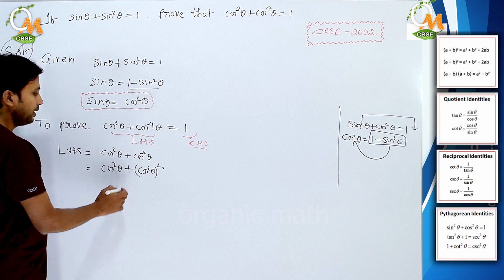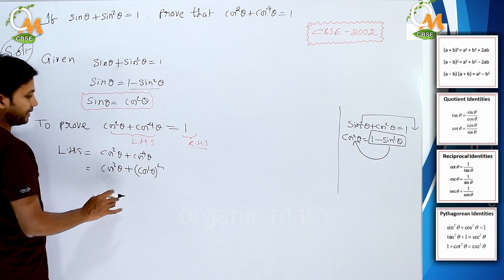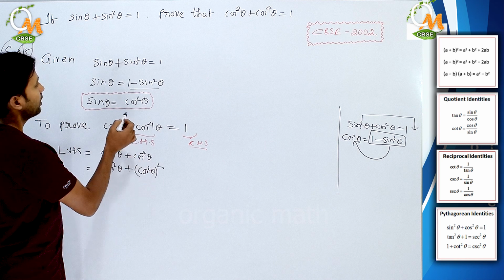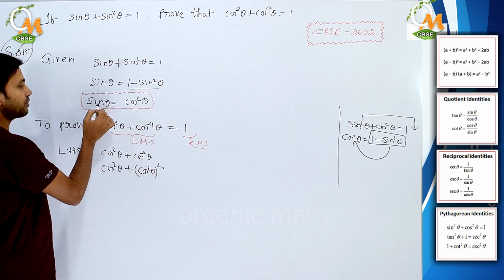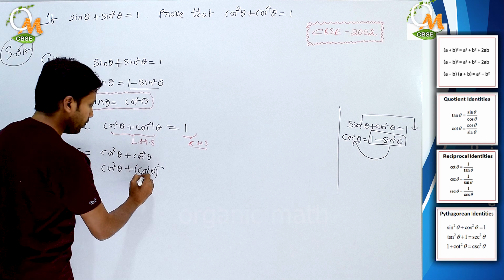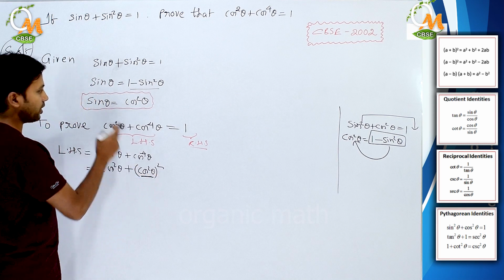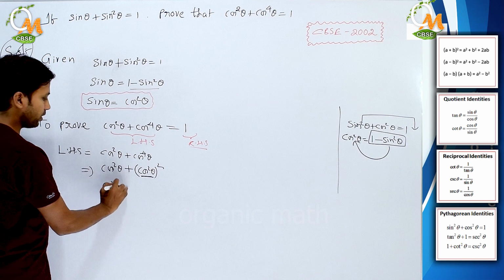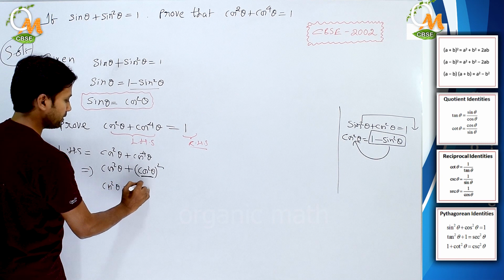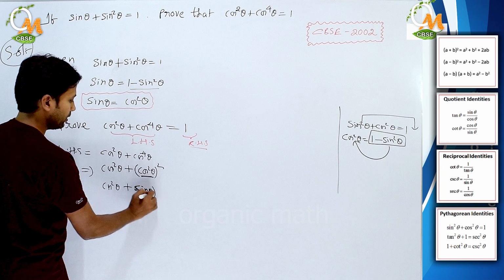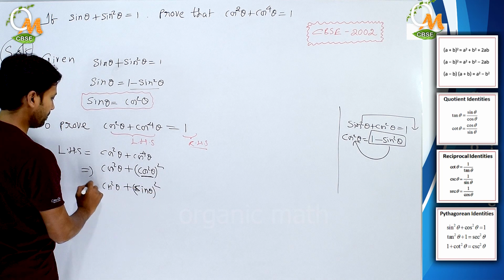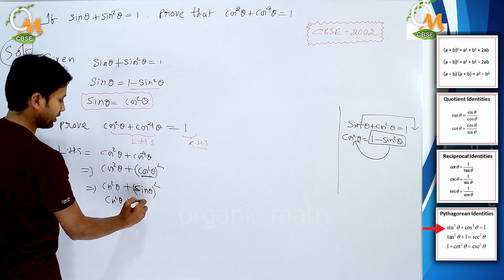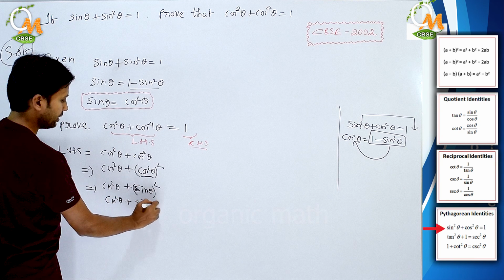Okay, now we said that cos square theta equal to sin theta, or not? So only in this term put cos square theta equal to sin theta. We put sin theta for cos square theta in this whole square. So what happens here? Cos square theta plus sin theta whole square, that would be sin square theta.